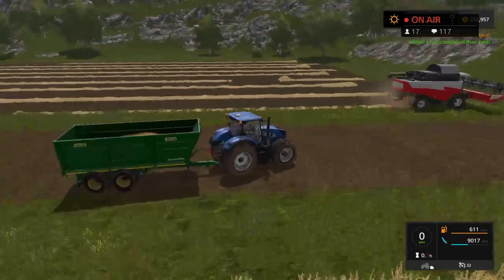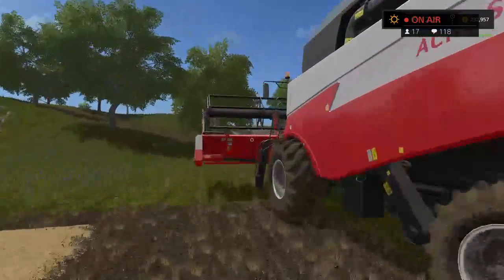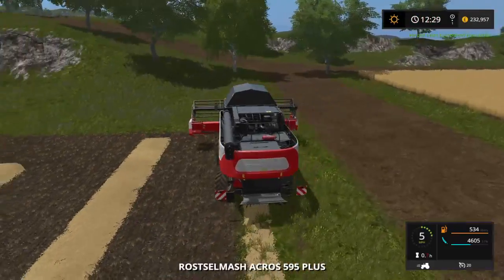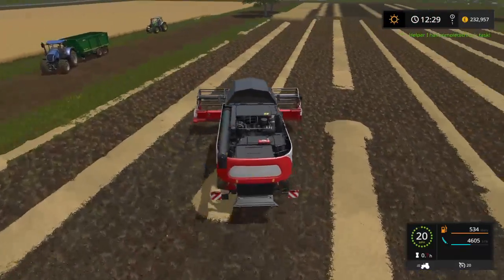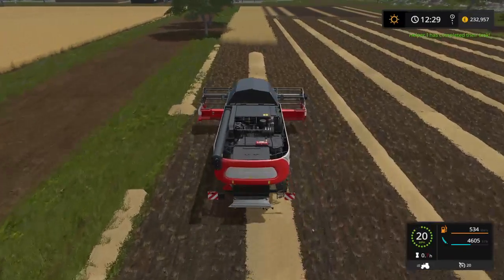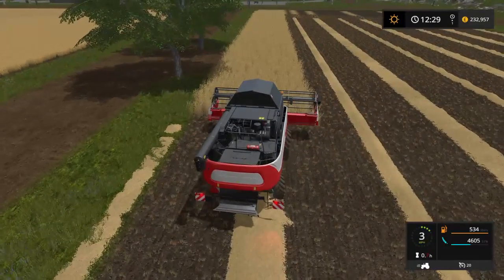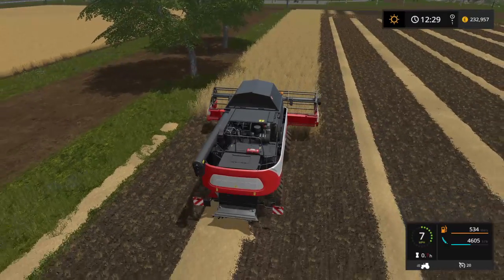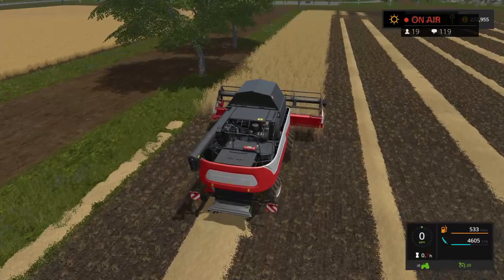How come I go the long way to the shop? Probably, to be totally honest, it's because I'm still getting used to this map. This is only the third time I've been on here now. So I'm still learning the map, guys. Outside of streaming, I don't play this game anyway, so...